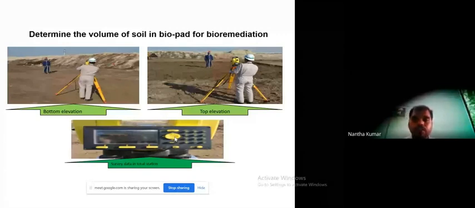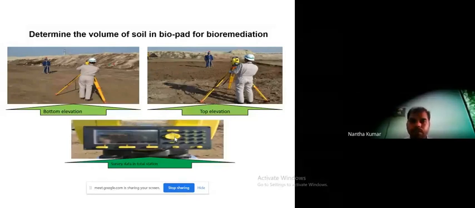In case of ex situ remediation, you have to prepare the site. All the contaminated material will be quantified, then total hydrocarbon will be estimated. Then the estimated material is segregated and the site has to be prepared. Site preparation is nothing but putting a bottom layer, a thin liner. Then you place the contaminated material above it to avoid cross contamination with clean soil or groundwater.